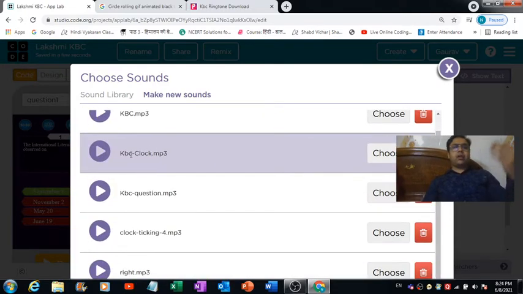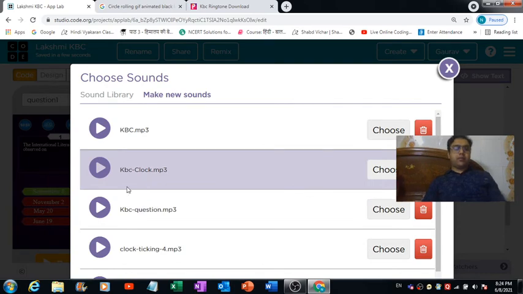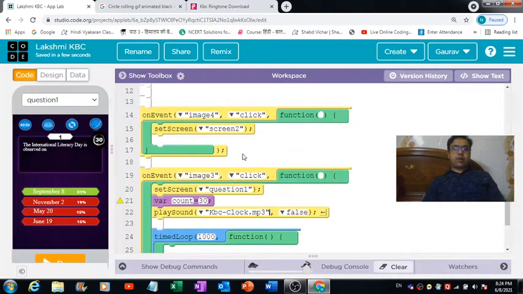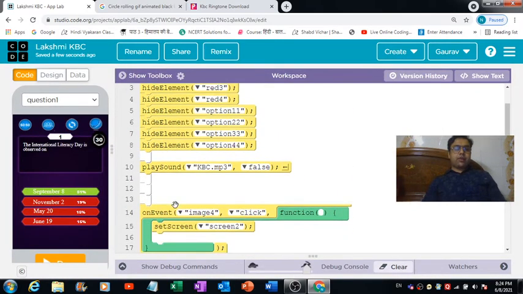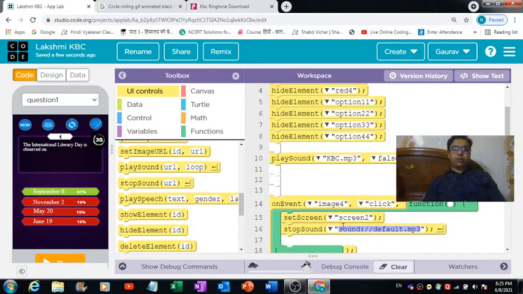So you can get all these sounds from prokerala.com. Okay, KBC clock sound, and as soon as the user lands on screen 2, I would like this sound to stop.